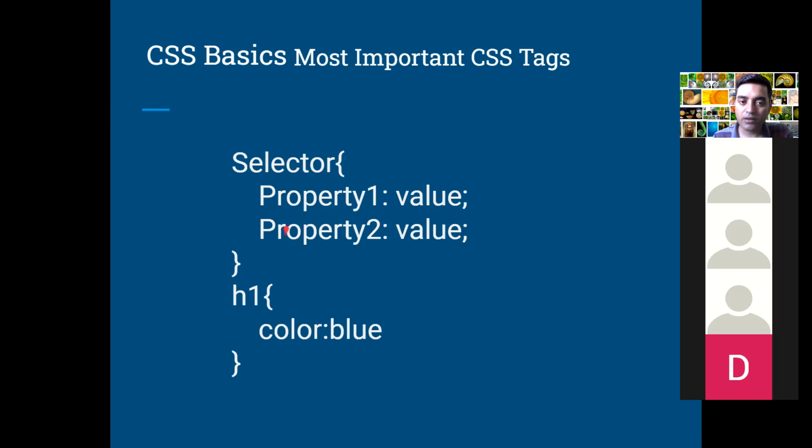Say I want to change the font. So font is the selector. What property of the font do I want to change? Do I want to change the size of the font? The color of the font? The spacing of the font? That will become the property of the font, right? And how much do I want to change? I want to make it very big, very small, very spacious. That is the value of the font. Or I want to change the font family altogether. So you understood this part, selector, property, and value.